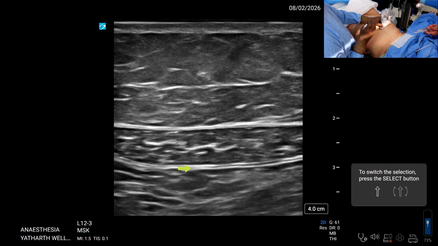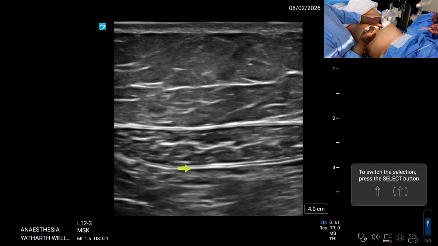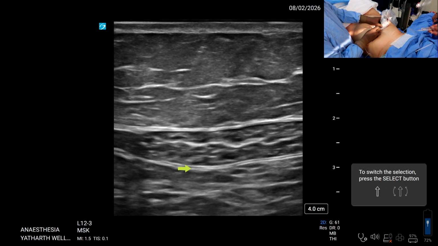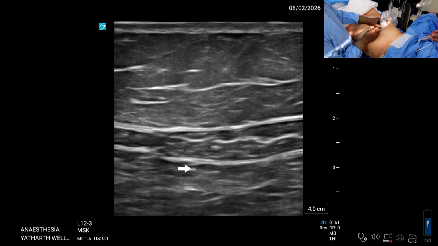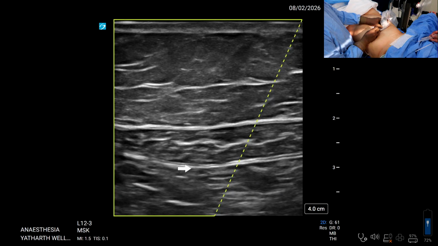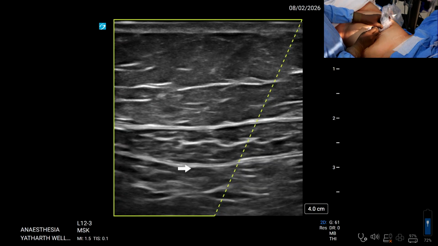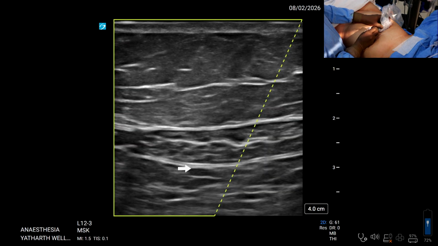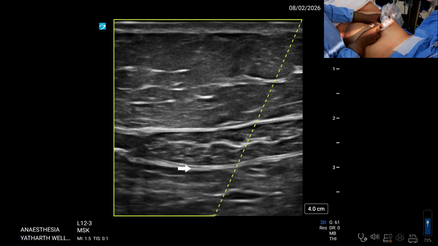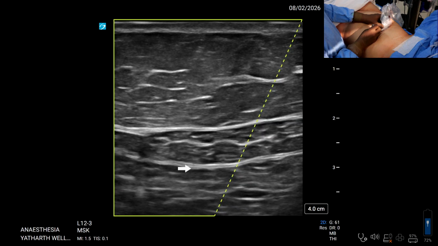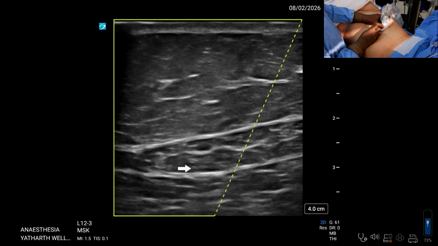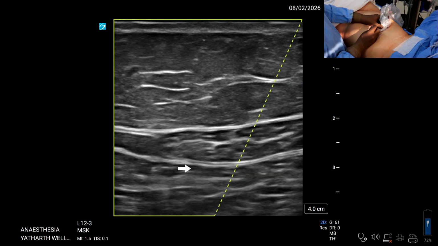So first, this is in the transverse scan. Then second, I will demonstrate in the vertical plane, or the longitudinal axis. My needle is coming in plane from medial to lateral because I'm giving the block on the right side and I'm standing on the left side. I'm using a 100 mm needle. I loaded 20 ml of 0.2% ropivacaine. From that, I will use roughly